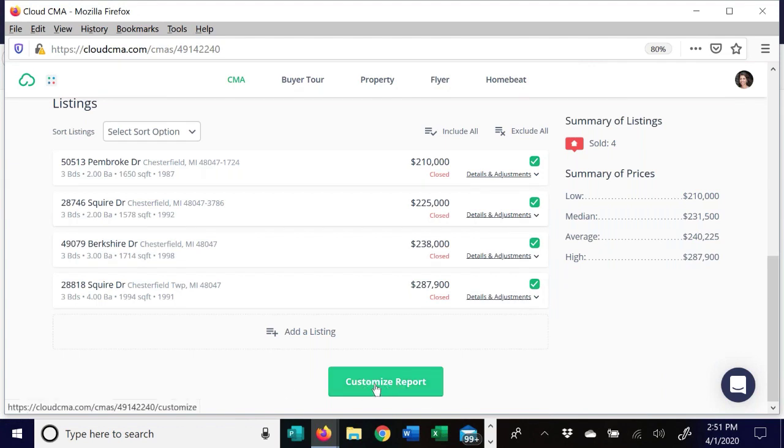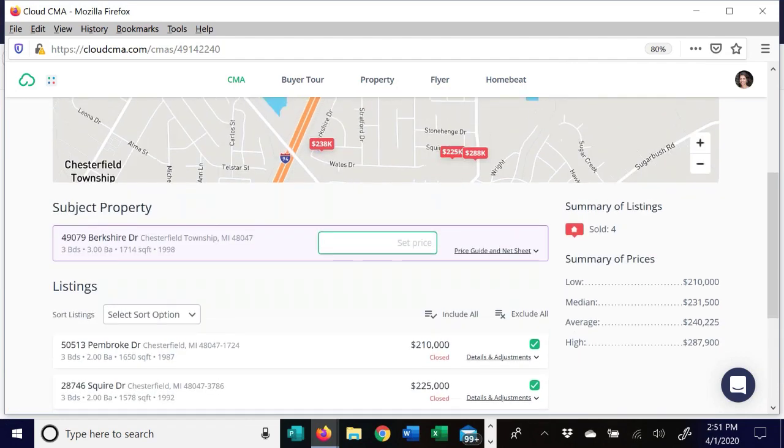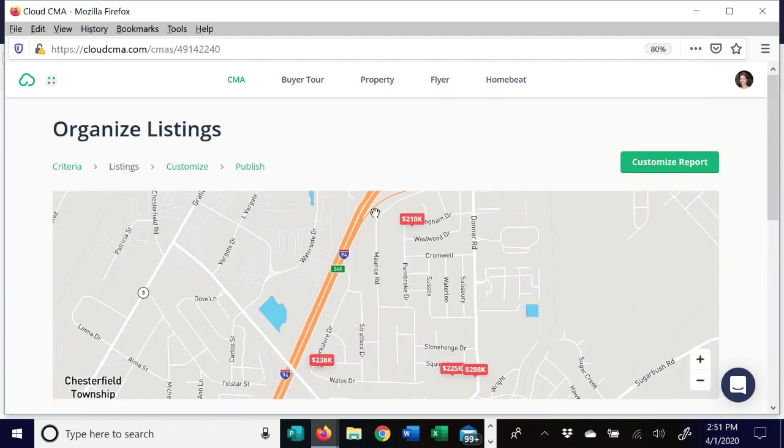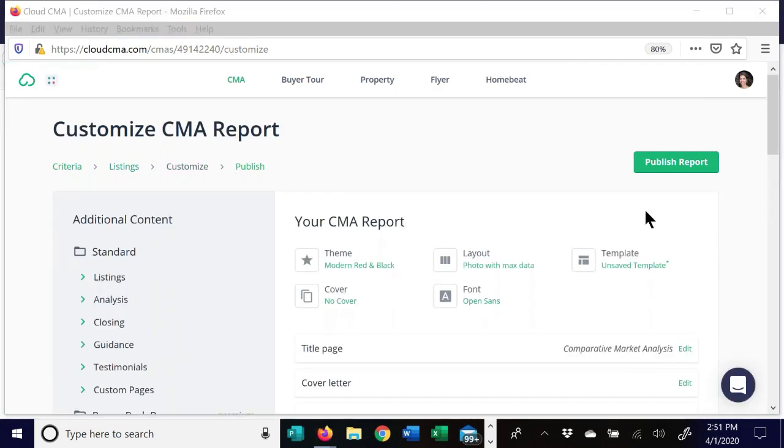So make sure you're doing that next step to move you to the next section, whether it's customize or to create the report. You need to create each one of those in order for it to save whatever change you're making. If I come back in here and I decide, you know what, I really don't need to make any changes to these first couple sections, I just want to go in and customize and change what I've selected for the report. I can select customize, and it's going to take me back to the section where we added in all of those pages, where we selected our font, where we selected the layout, theme, whatever you did here,